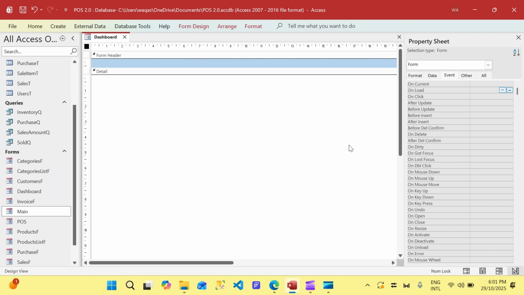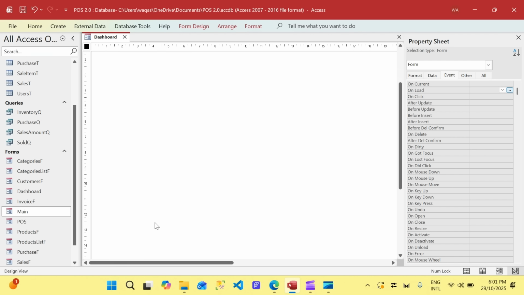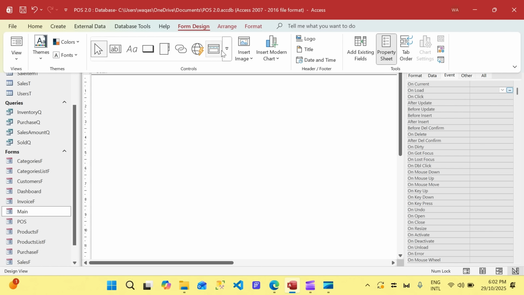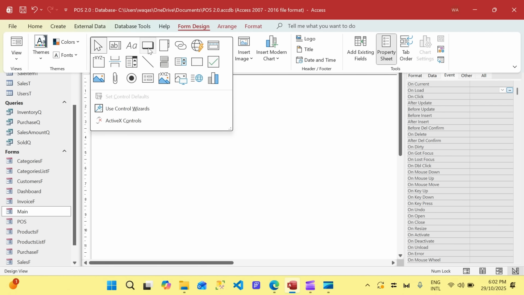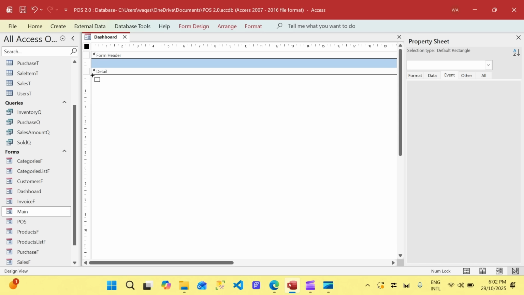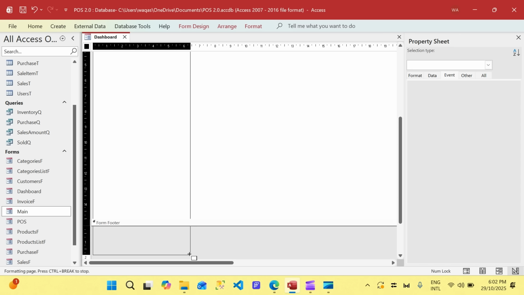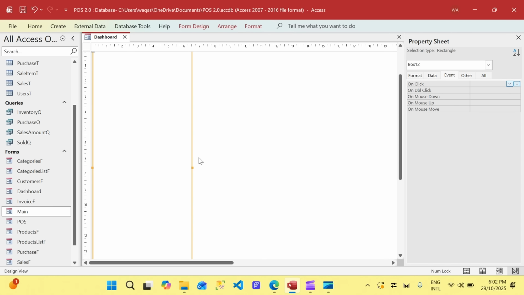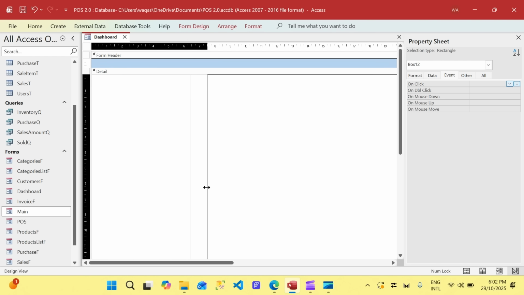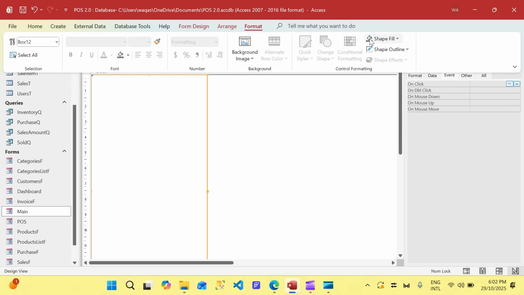And now what I want is basically a navigation on the left side. So the best thing we can do is grab a rectangle. All right, so where is it, here we go. And then we can drag and drop right here. Okay, there you go, we have dragged and dropped. Now we go to the format